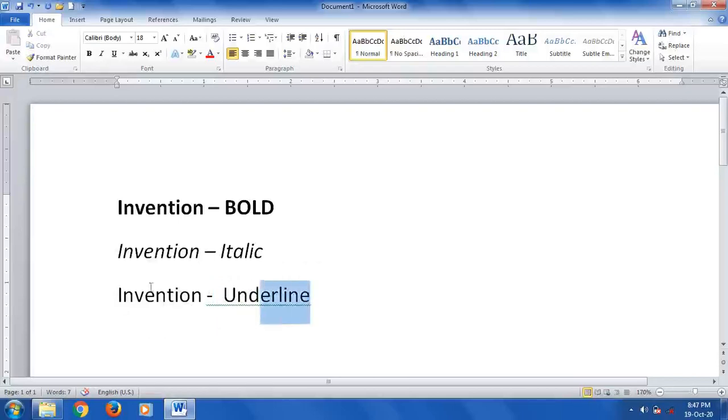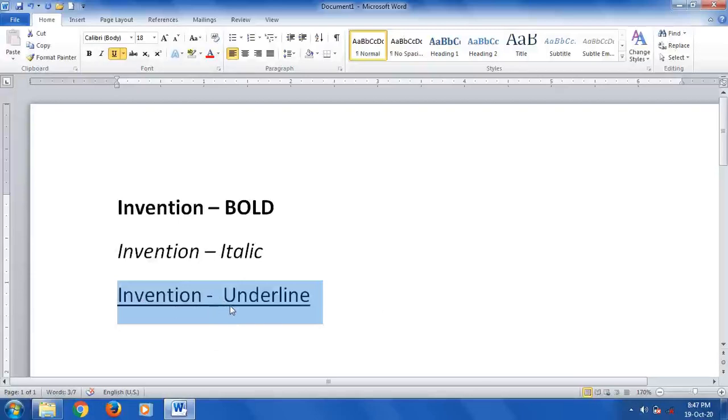Just select the text, then click on the underline button on the Home tab of the Font group. When you click on underline, you will get the underline for that selected text, and you can see here, including spaces, we have got the underline.